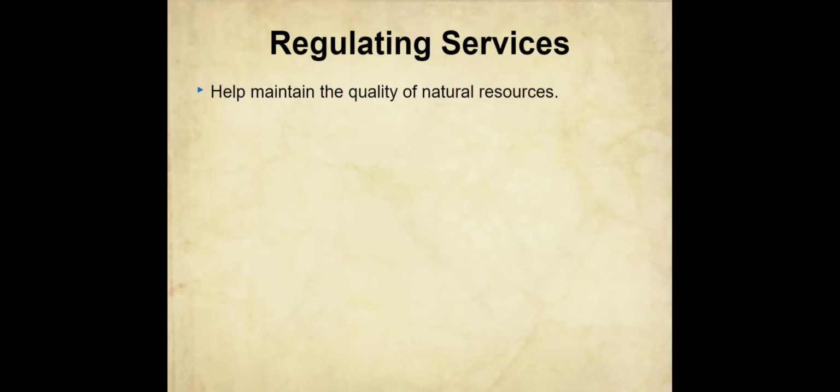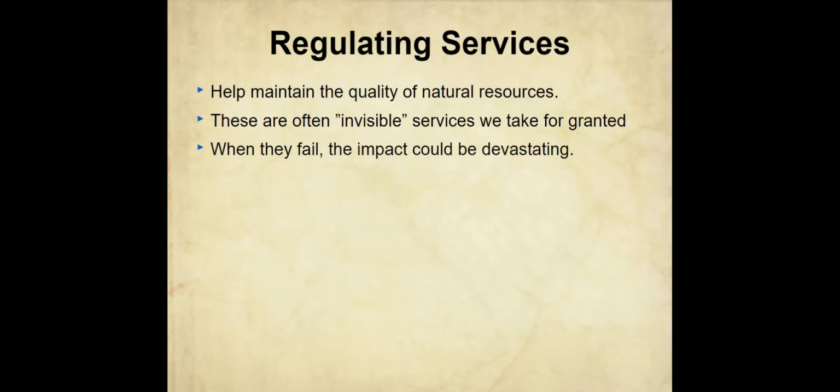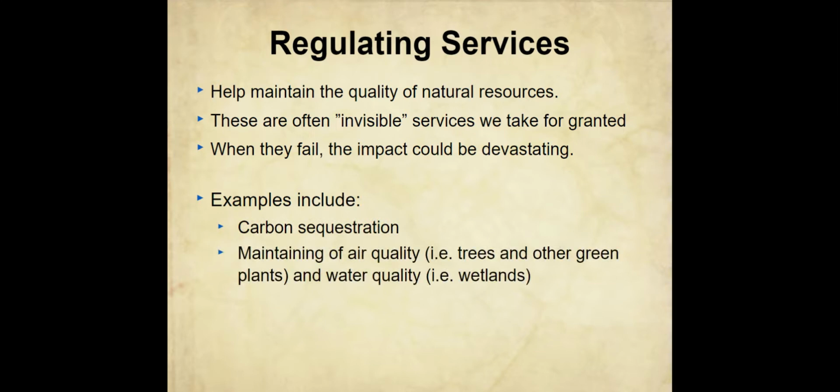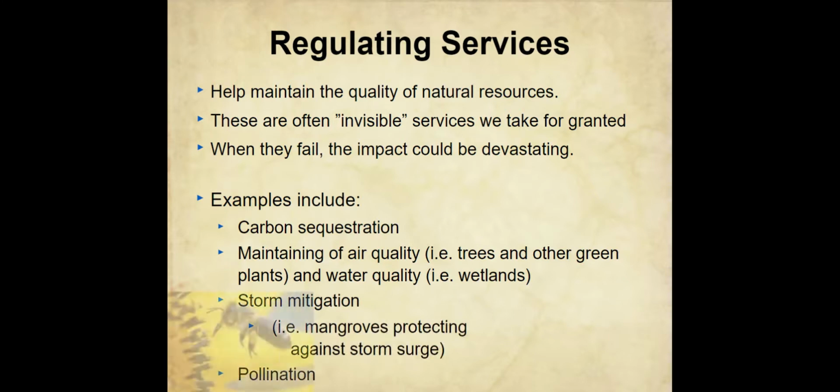Then we have regulating services. So this helps maintain the quality of natural resources. When these services fail, there can be catastrophic effects. So carbon sequestration, taking in carbon through the process of photosynthesis, and then holding it sometimes for thousands of years, maintaining air quality through the process of photosynthesis and creating oxygen. All right, water quality with wetlands and the whole water cycle, storm mitigation like mangroves protecting against storm surges, and